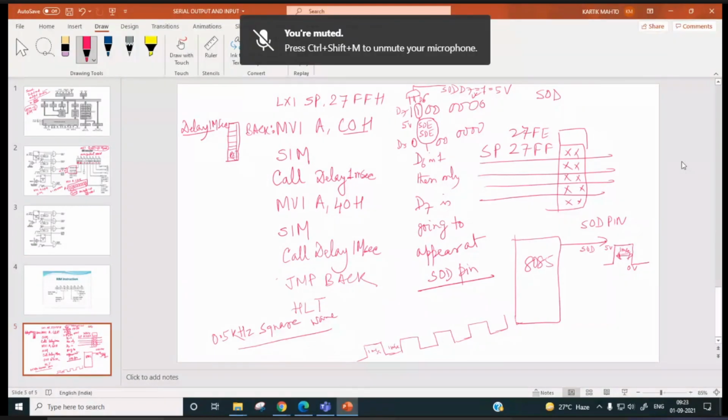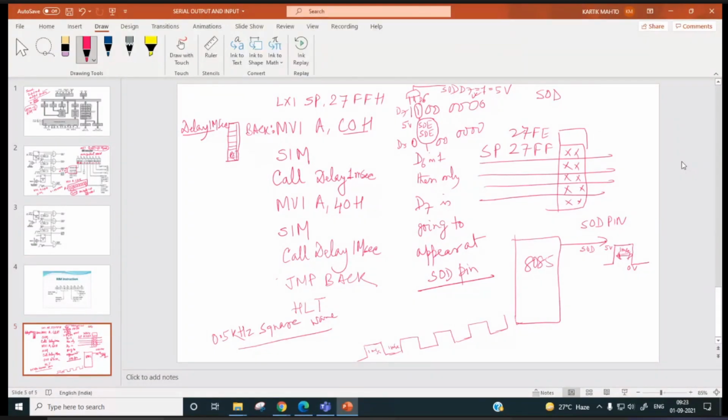It will stop only when the power supply is switched off, or when we want to stop it. Otherwise the program will run continuously, and it will generate a square wave over here.